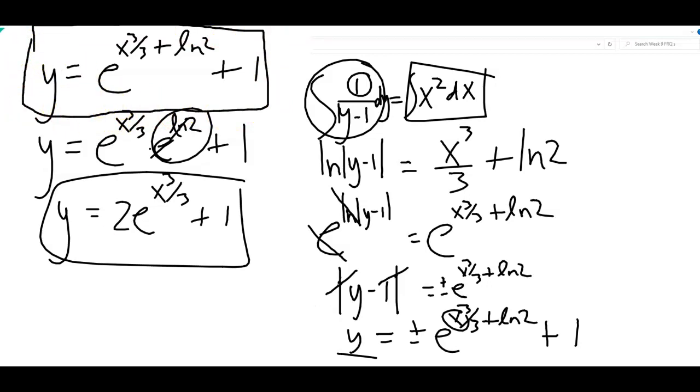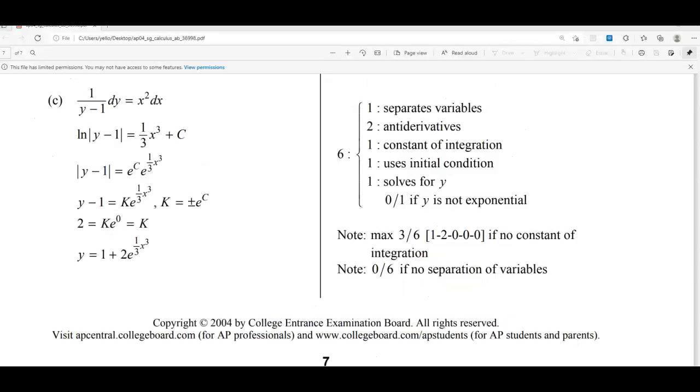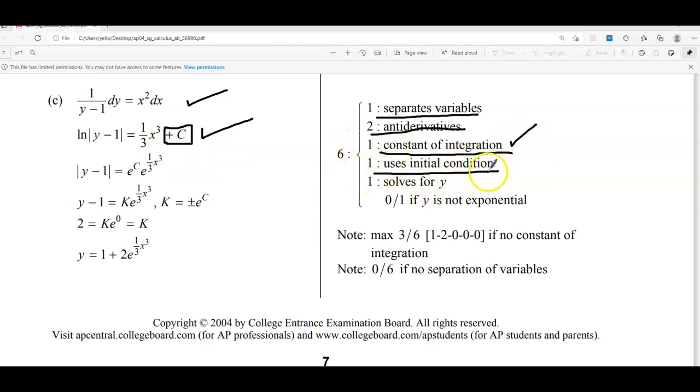That's a good answer. So anyway, you can kind of look at how they're grading here. Separating the variables is 1 point, like I mentioned. Both integrals or antiderivatives, if you will, that's 1 point. Getting the constant of integration. In other words, I don't think they do this anymore, so I don't want to say they do this, but just writing plus c, they give you that 1 point, which I think is really kind of silly, but okay. And then using the initial condition, not even necessarily finding c, but just taking the time to plug in the initial condition, they give a point for that, and then solving for y. So there you go. They talk about a few other details down here, but anyway,